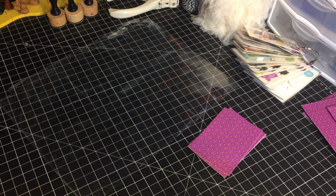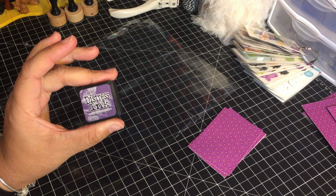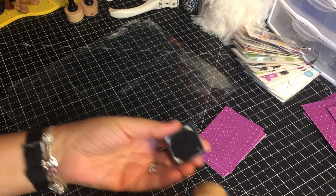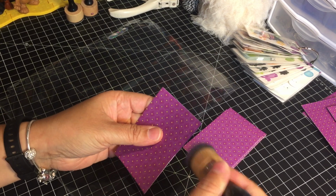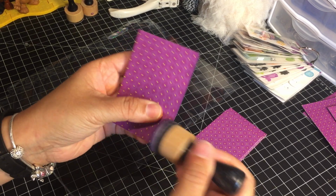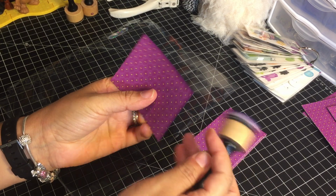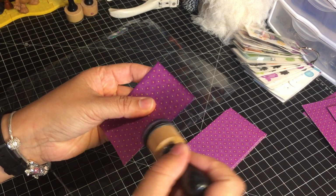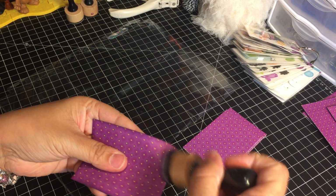But let me start by, let's use some Dusty Concord. Why not? Much darker than this, so it will add a little bit of interest. I love the way Distress ink just finishes the edges of these pages. You don't need to use Distress ink, but you see this white? It's a good way to just cover that up. I'm going to do this for all